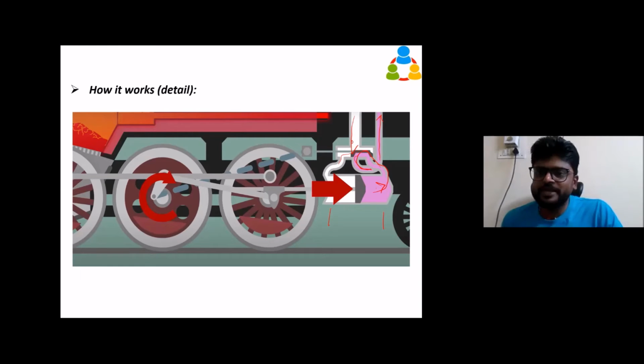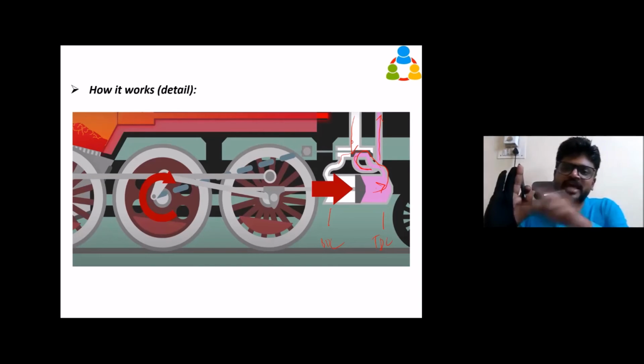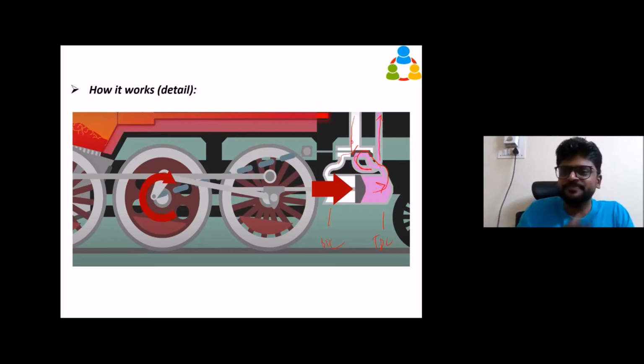When the piston block reaches this position, we call it top dead center, and the other is bottom dead center, in mechanical engineering. When the piston block reaches the top dead center, the slide valve moves here, because it's connected to the linkage here. Since the wheel is rotating, this will be moved. Then again the steam will come this side. So it does not continuously push in one direction. If it did, there would be a chance of breaking. The steam will not continuously push because the slide valve is moving and the direction will be changing. Again, the steam will come this side and start to push.